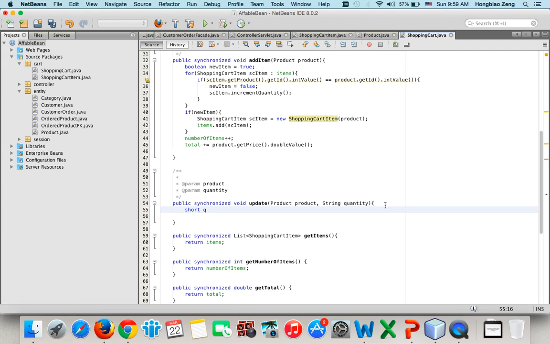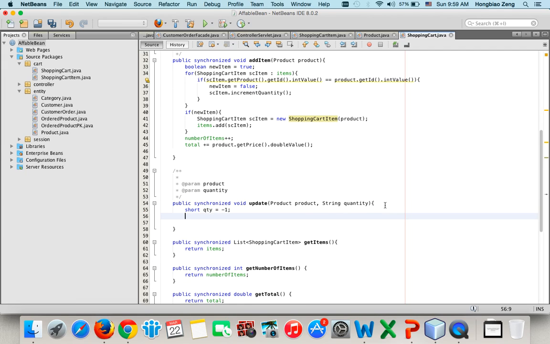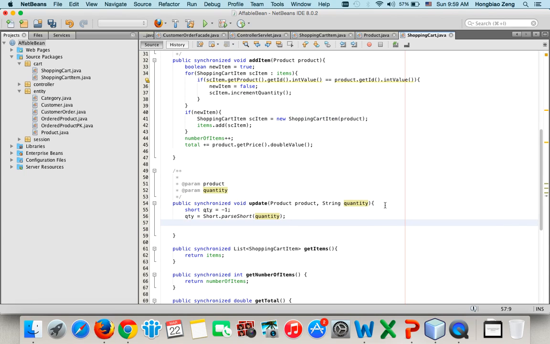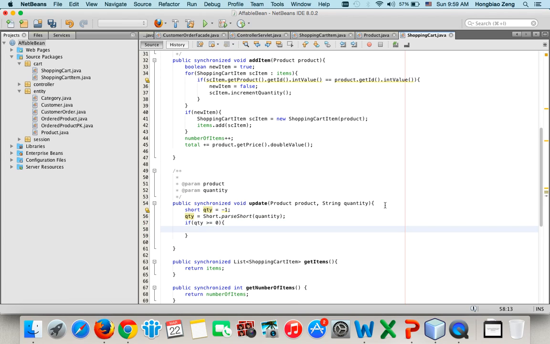First, I let short quantity equal negative 1. First, I need to get this quantity equal short dot parse short. You give me quantity, parse short. Now I got this quantity. After I got this quantity, then we only do something if this quantity is greater than or equal to 0. If the quantity is greater than or equal to 0, then I have two cases. One is the quantity is 0, and the other is greater than 0. Okay, so shopping cart item